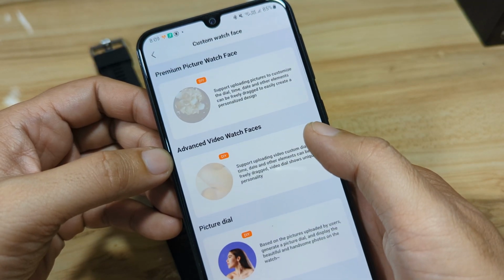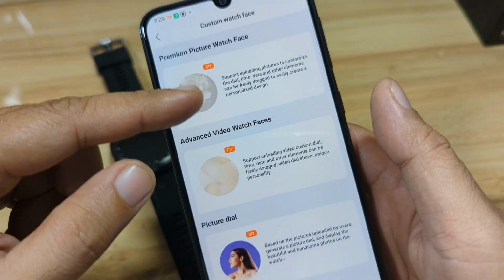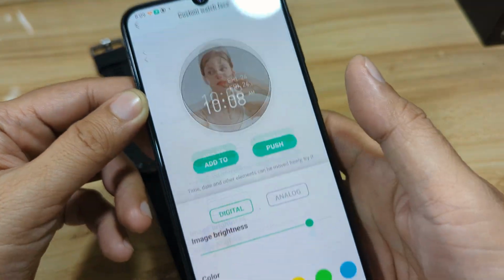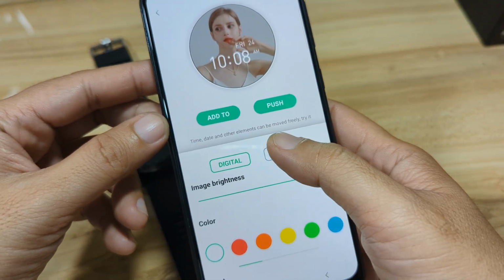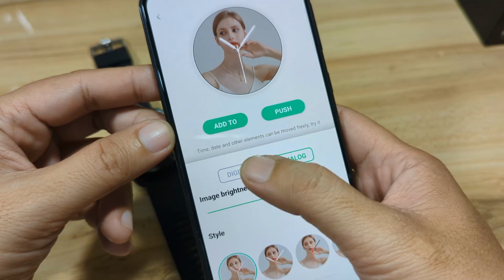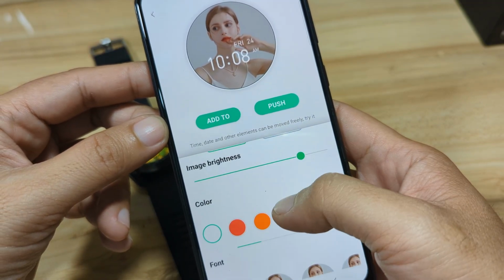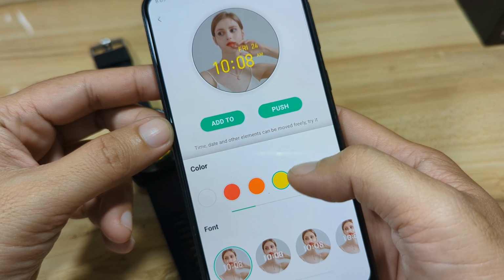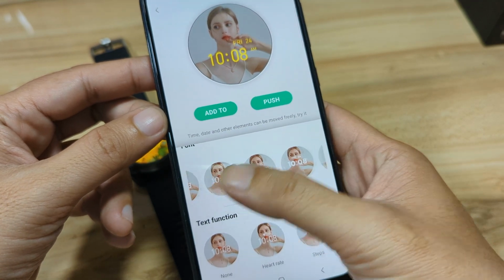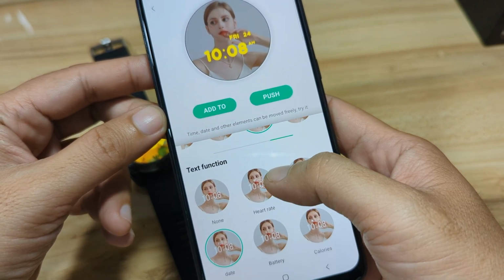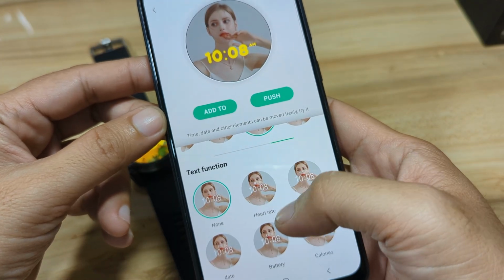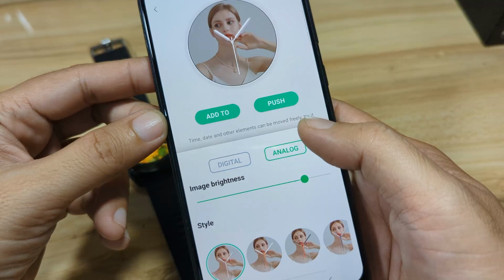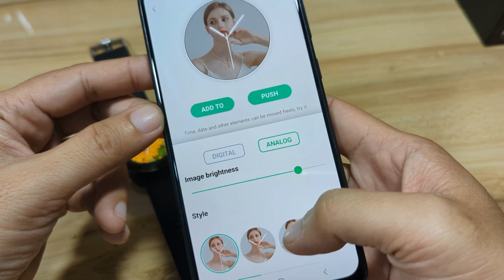tap on customize. We have here a premium watch face and we have a picture dial. For this one, as you can see, you have an option to pick analog or digital. You have an option to adjust the brightness, the color of the text, and the font, the text, the data on the watch face, whether it's analog or digital.